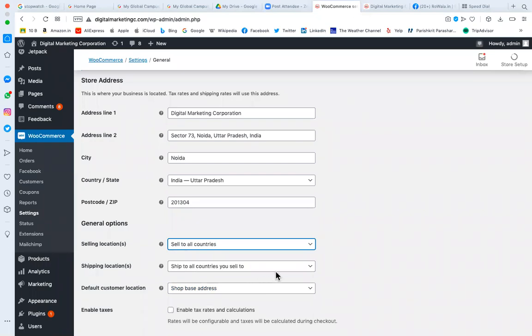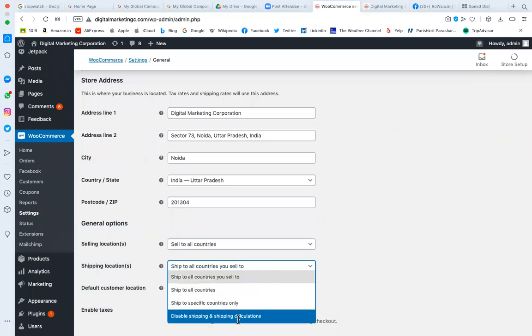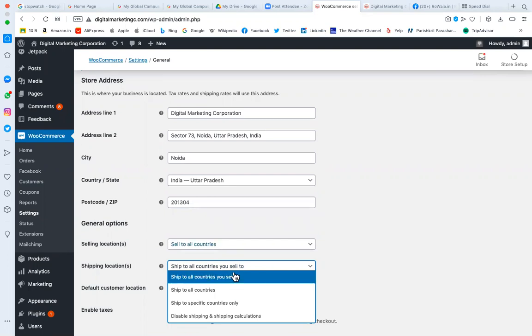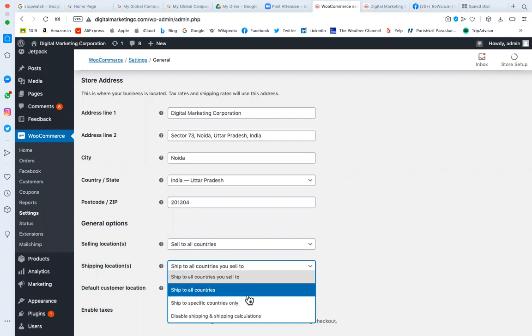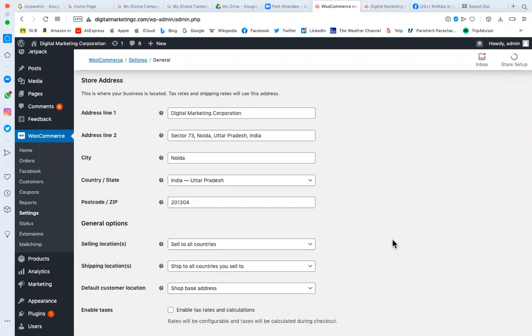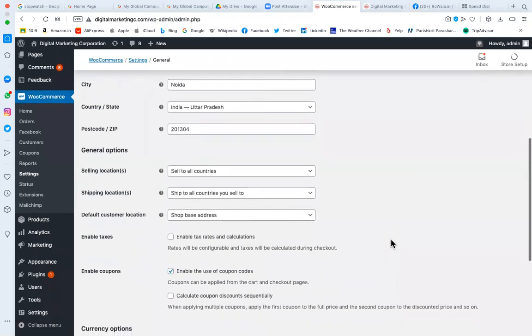For shipping location, if you have a physical product, then you can set up the shipping location. I'm going to ship only in India, or only to these countries. As I'm starting with a digital product, the shipping location doesn't matter.